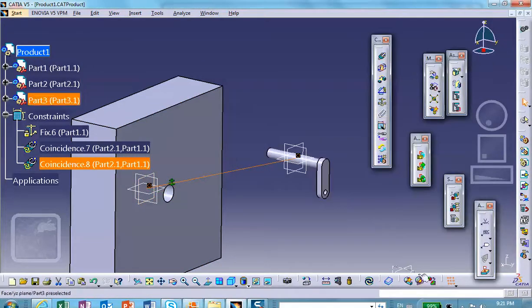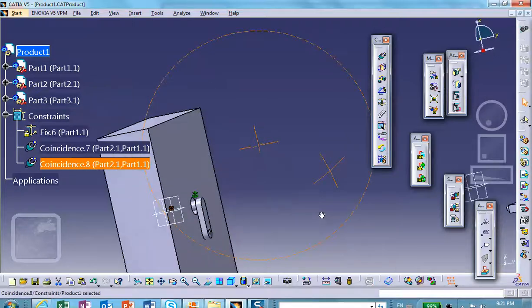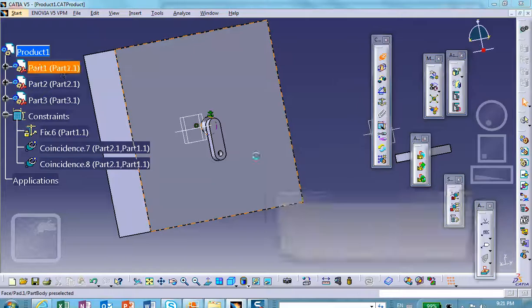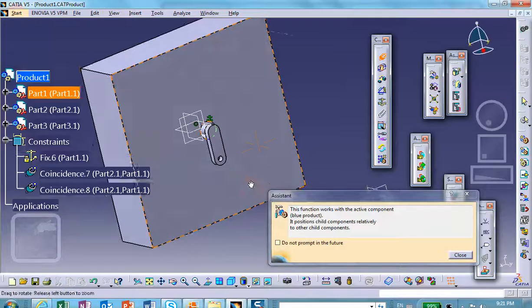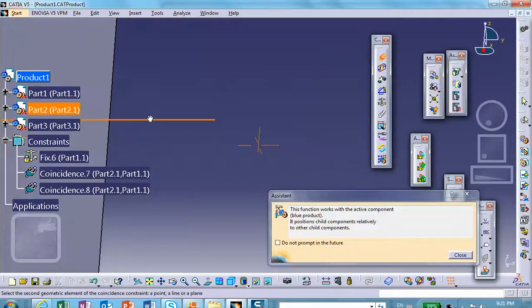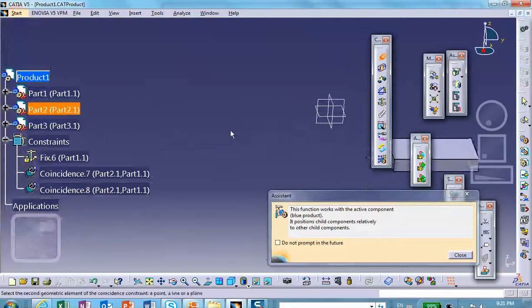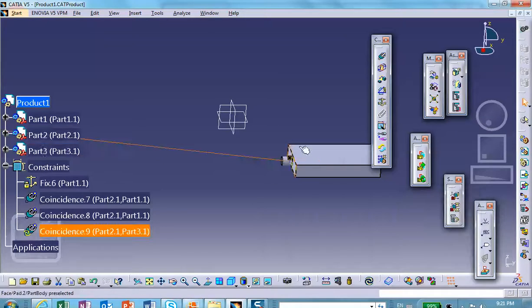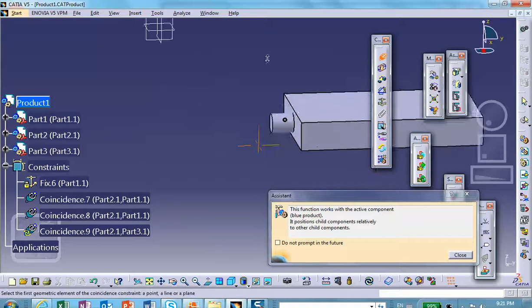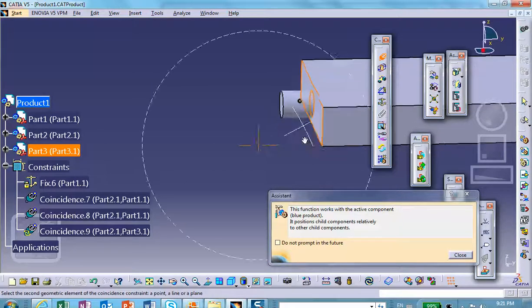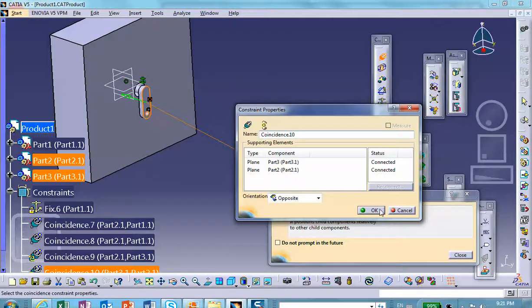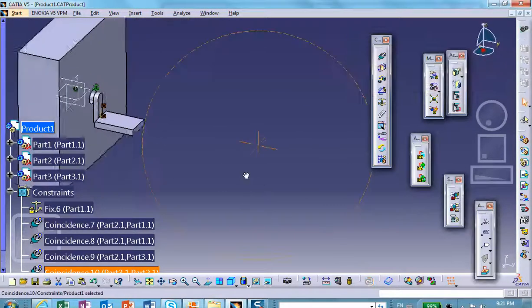Okay, and now let's put the paddle in place. So we have a coincidence between the axis of this hole and the axis of the paddle here, this axis. Okay, and then coincidence between, for example, this plane and the plane of this shaft. Okay, update. Alright, now these constraints that I put in there, we're going to turn them automatically into joints, and